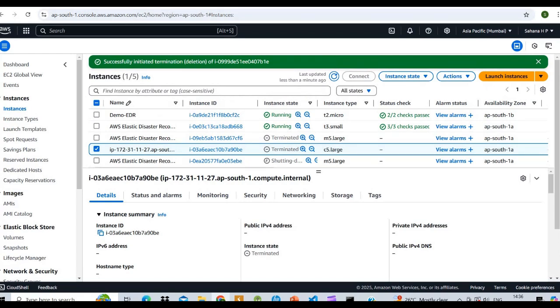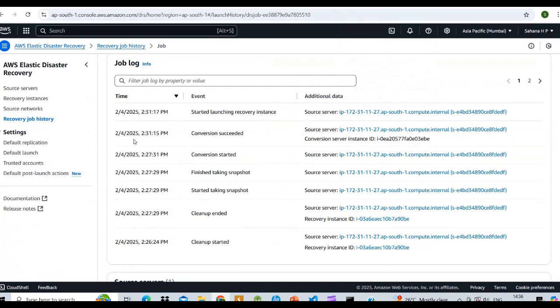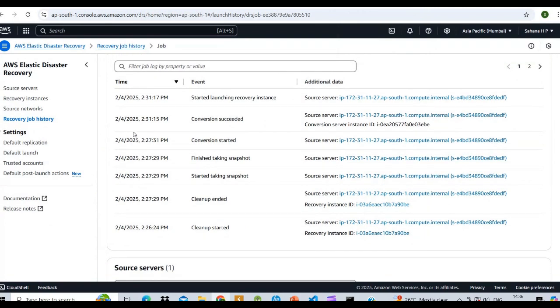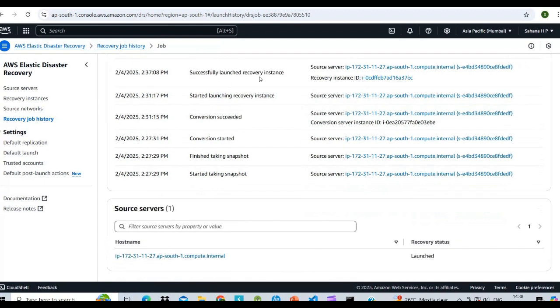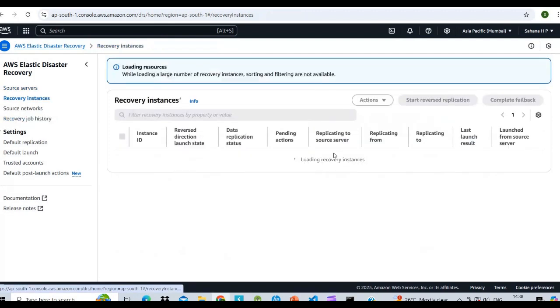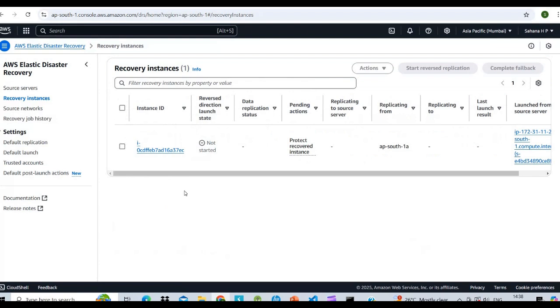So go to the source server. Here we can see it successfully launched the recovery instances. Just go ahead to the recovery instances. Here we can see the instance ID, reverse direction, launch state, and data replication. The pending action is to protect the recovered instance, and it replicated from AP South 1.